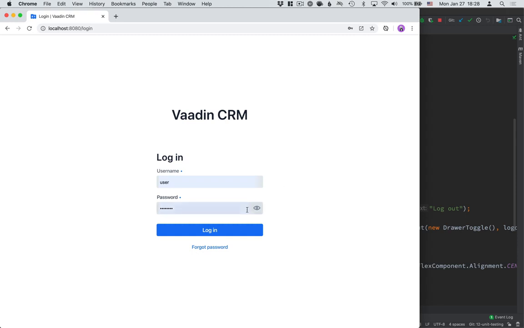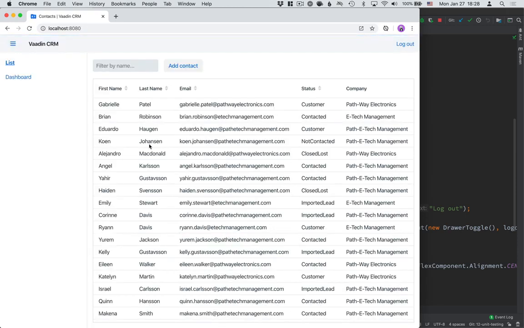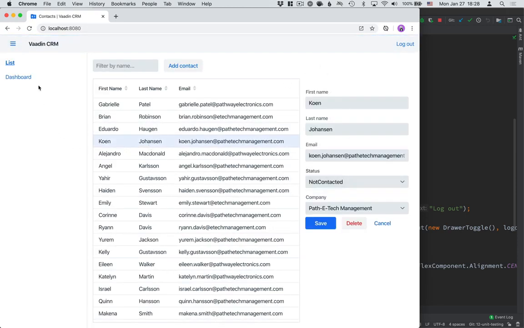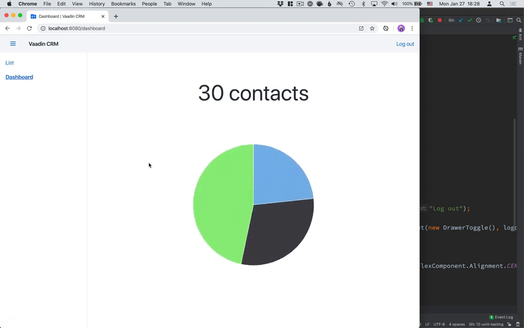So far in this series, we've built a CRM application complete with a CRUD view where we can list and edit contacts, and a dashboard view where we can see stats. We've even turned the application into a progressive web application that can be installed. Now, before we take this application into production and deploy it to the cloud, we need to talk about one thing,